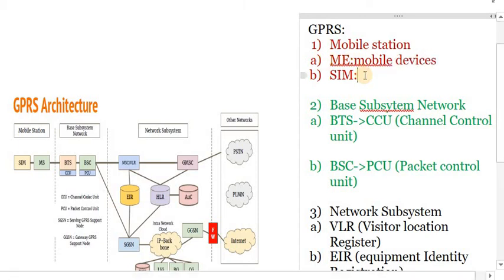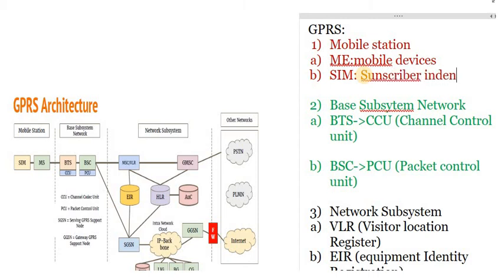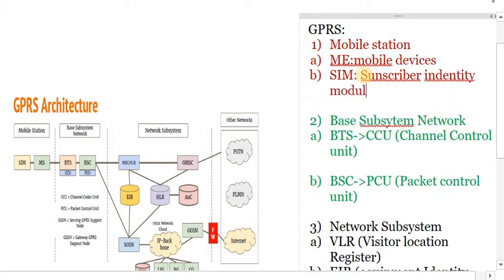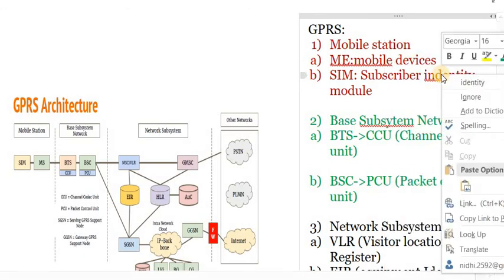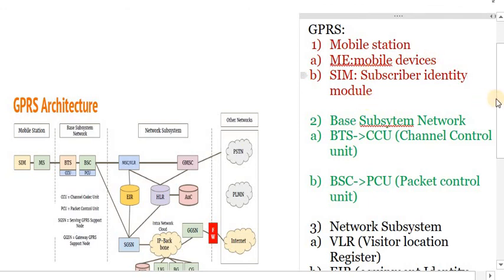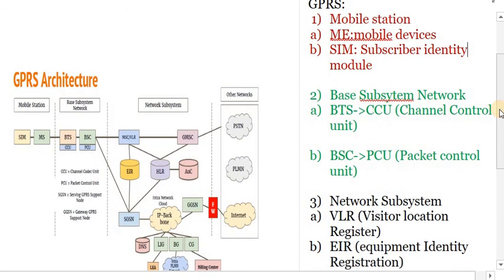And what is the SIM? SIM is the subscriber identity module, and it is a chip that carries certain information like the subscription services, as well as flash memory to store information like contact numbers and messages. These two things I already discussed in GSM technology, so I will not go in depth in this lecture regarding the SIM or mobile devices.